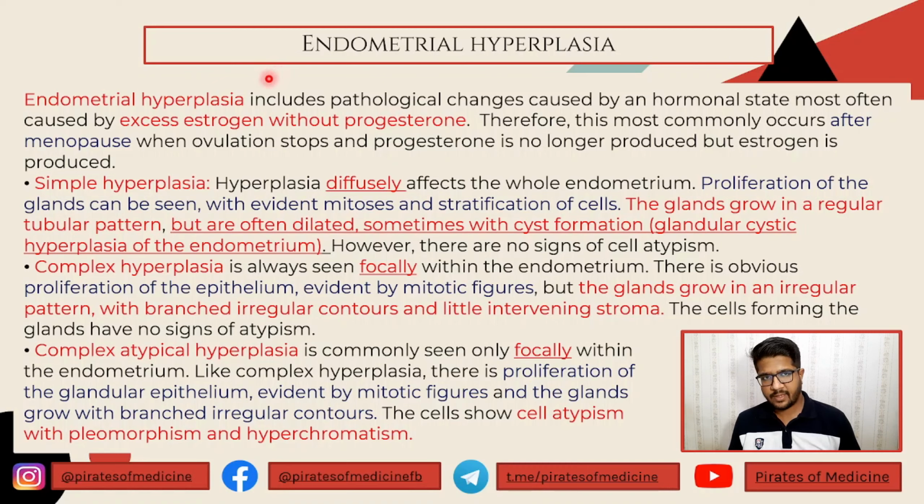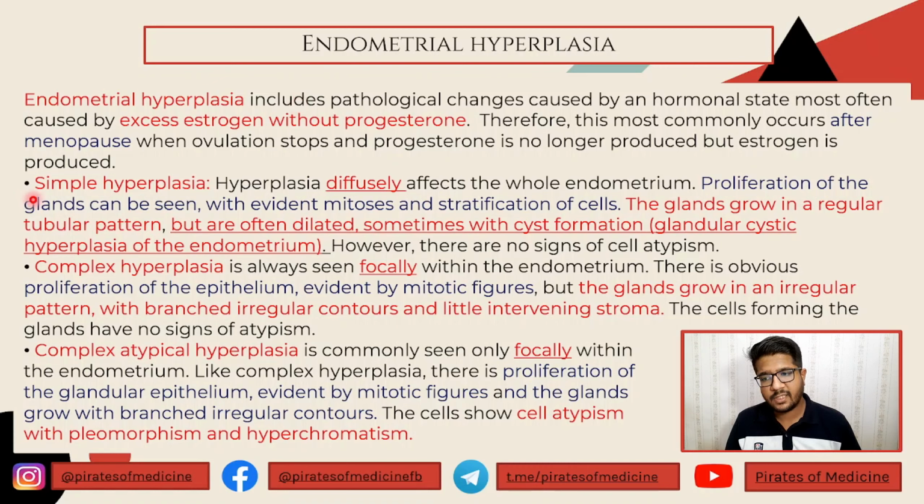The cause of endometrial hyperplasia is generally excessive secretion of estrogen in the female, which causes this excessive growth of the endometrial layer. Now, this endometrial hyperplasia can be of three types. The first is simple hyperplasia. These three types I'm talking about are the path morphological variants. If we are talking about path morphology, there must be a difference in path morphology between these. The morphological picture will be different.